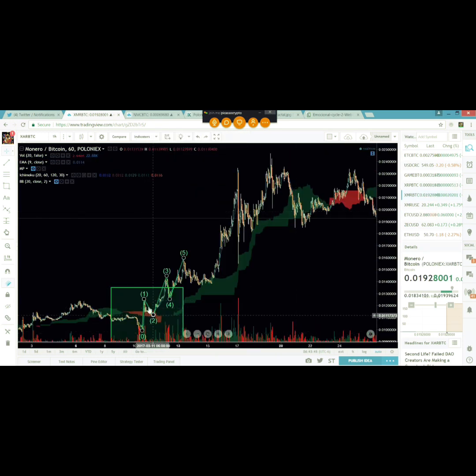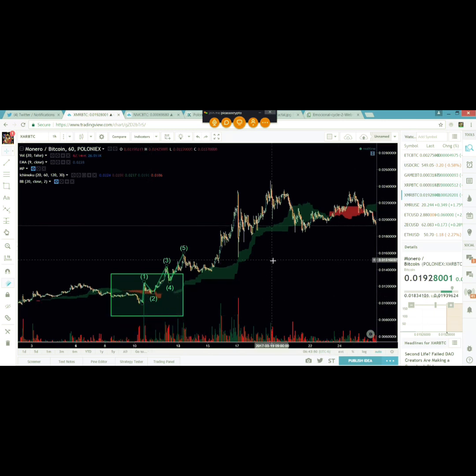The traders will chase it, and then it will come back down. And if they don't understand what kind of move they got in, then they're going to get wiped out as soon as it comes right back down. Now this is the same 1, 2, 3, 4, 5 wave that we just looked at on the 5 minute chart.